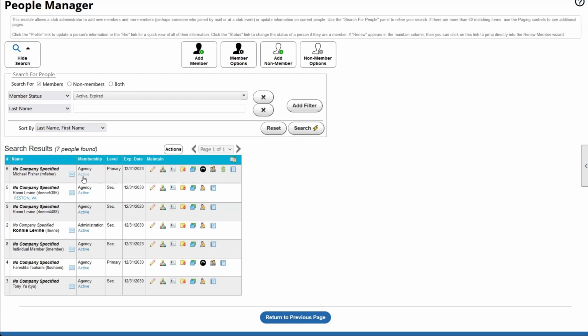So we can see what level they are in this column here. The next column over we have is their expiration date. This is when that member's membership will expire. We have just a listing of different things. If that expiration is in the past, then obviously they've gone past their expiration date and they need to renew